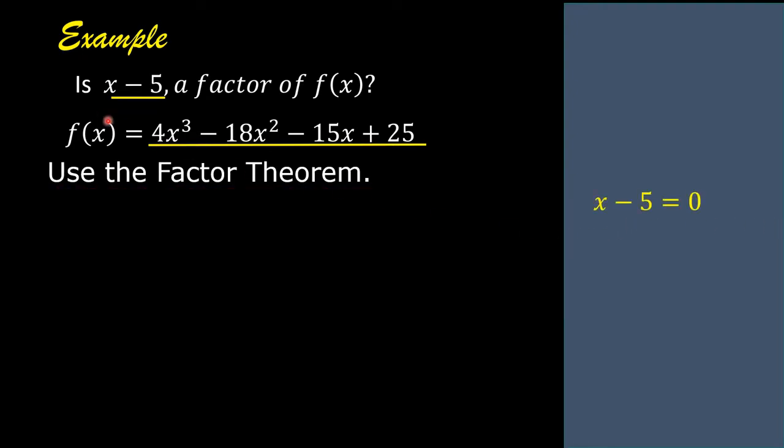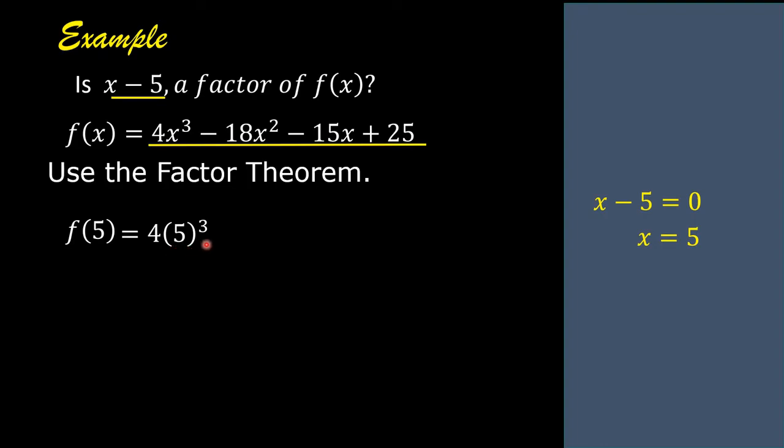First, equate x minus 5 to 0 and then solve for x. Transpose negative 5 to the other side, change its sign from negative to positive. So x is equal to 5. The value of x is 5. So replace x with 5. So we have f of 5 is equal to, replace x with 5,